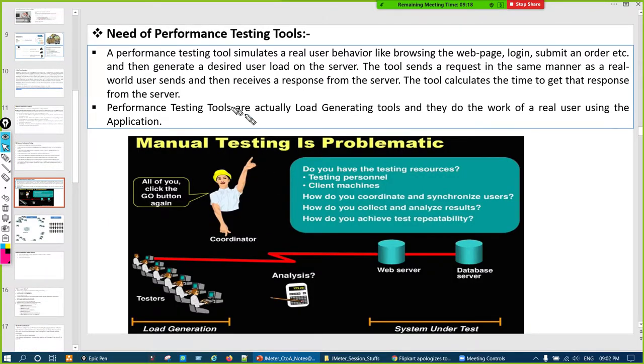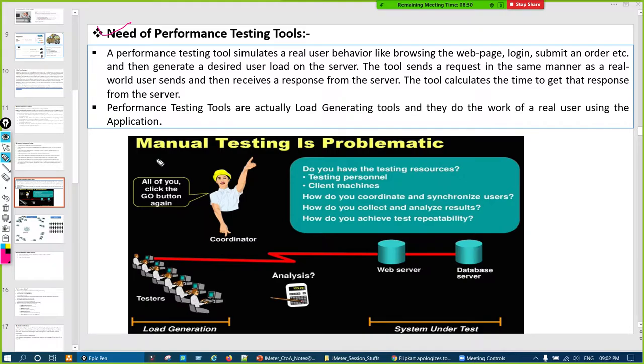Now, the need for a performance testing tool. As I said, when manual testing was already there, why did automation testing come into the picture? Because there are things we always want done in a cost-effective way, so we want them done using a tool, right?